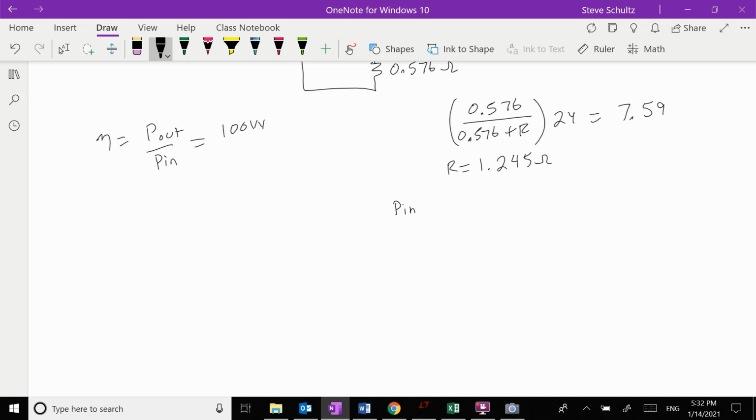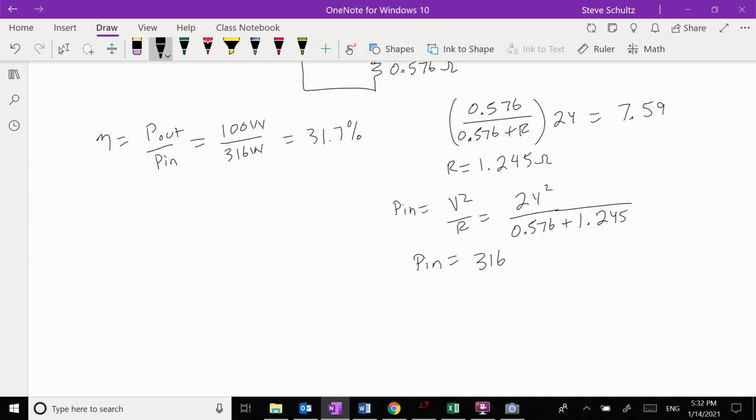So our P in is going to be equal to V squared over R, which is going to be equal to my 24 volt squared divided by 0.576 plus 1.245. So my P in is equal to 316. So we divide this by 316 watts, and we get